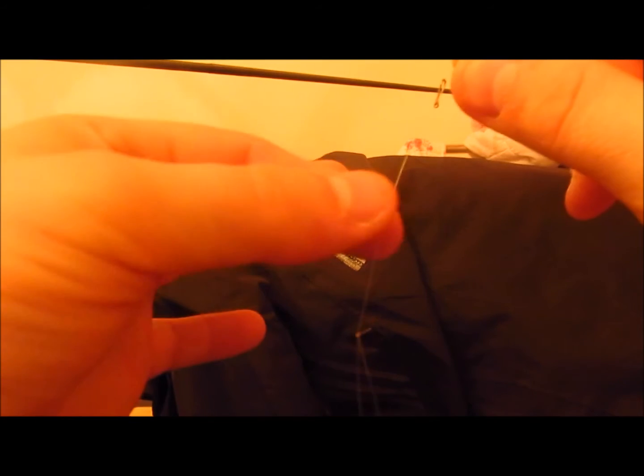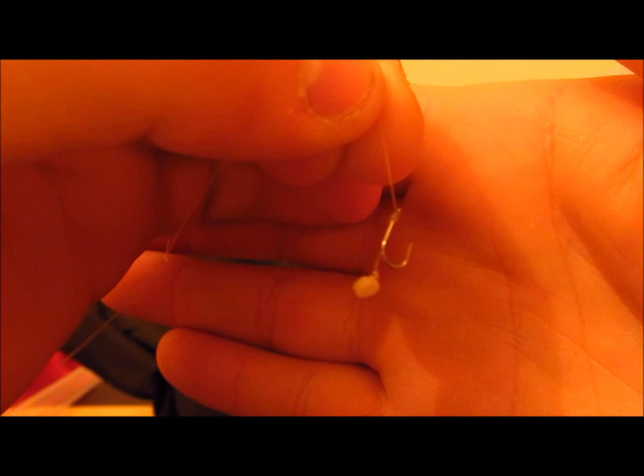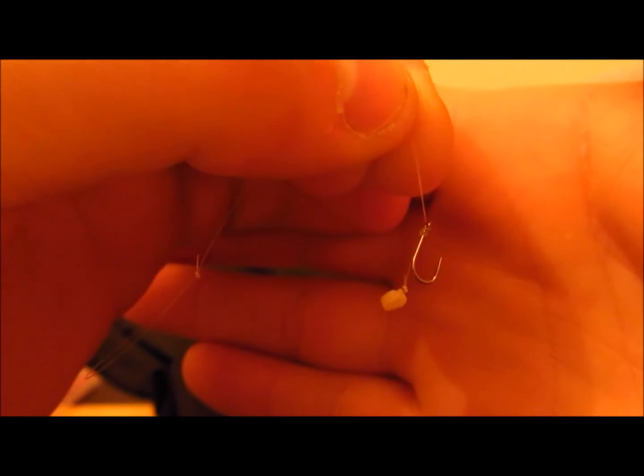Like so. So that's my banded pellet, or banded hook length, and that is an NGT hook, size 16. I'm just going to struggle to focus in on it. It's a knotless knot going into the band. So attaching that,